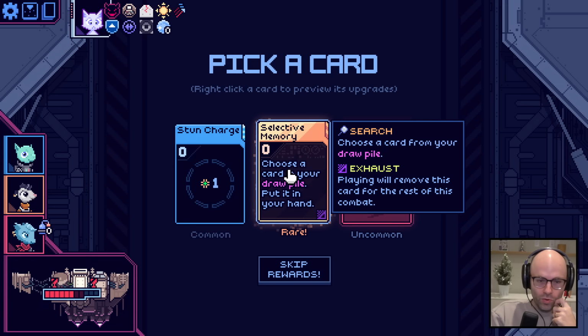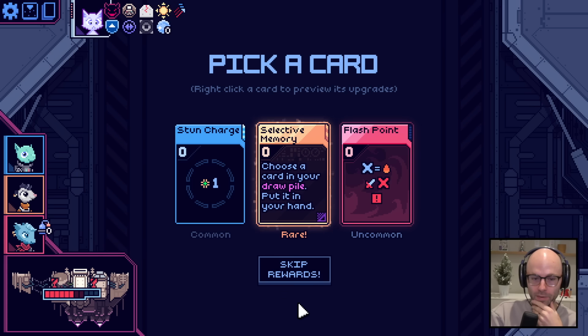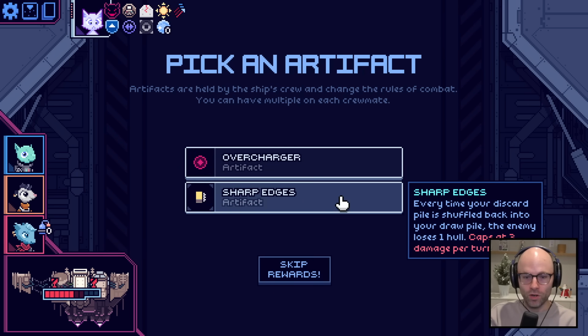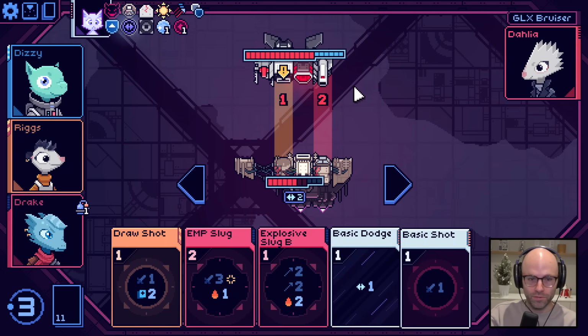Choose a card in your draw pile. Put it in your hand. Choose 2 cards in your draw pile. Put them in your hand. I mean, I think selective memory goes crazy for sure. Every 4th turn gain overdrive. Yes, this means that our 0 damage attacks will actually be playable now. Shield memory. We don't really mess around with the blue stuff on this run, but